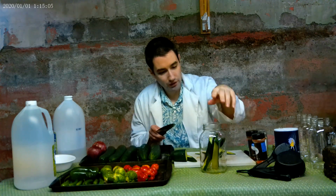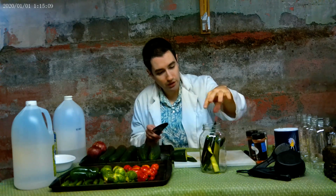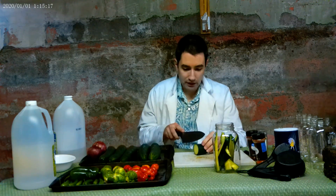That's why we cover the science table, so that they don't touch the science. Now what do we do with the top? Well, first of all,